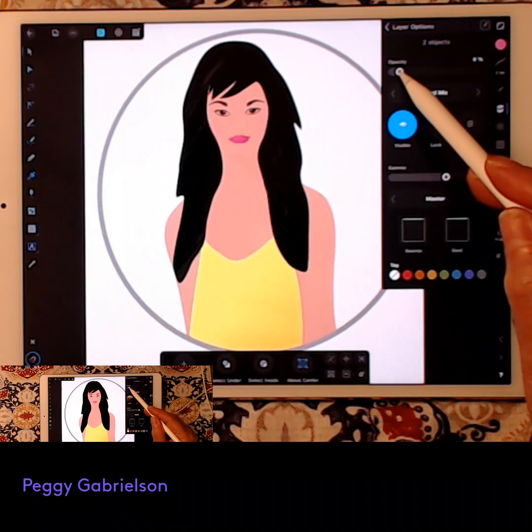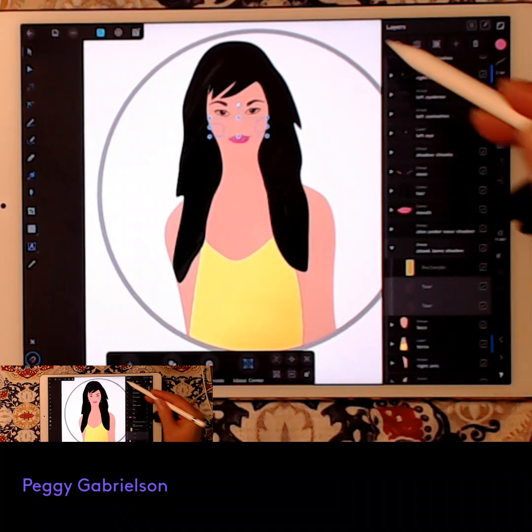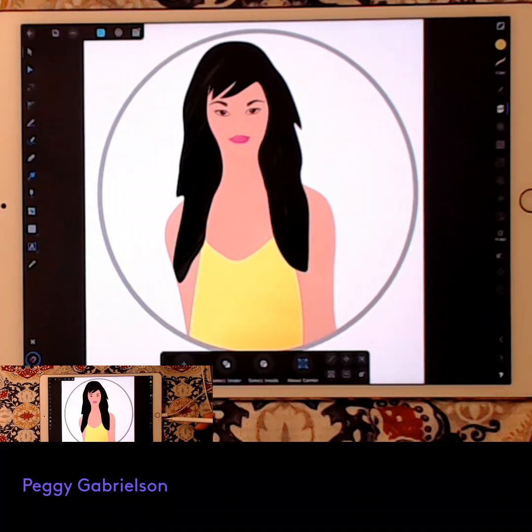I'm going to take it back down so it's not as popping as it is, back to about, let's make it 7-8%, and it blends in a little bit better because the look I'm going for here is the trend where it's minimal, not really any eyes or mouth,